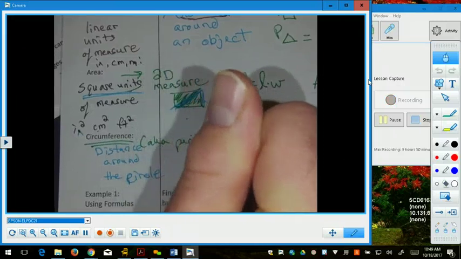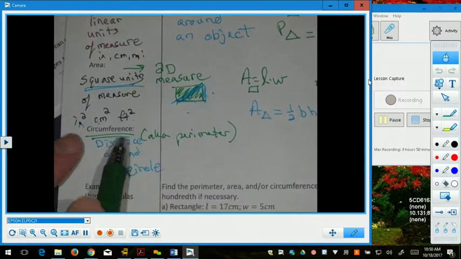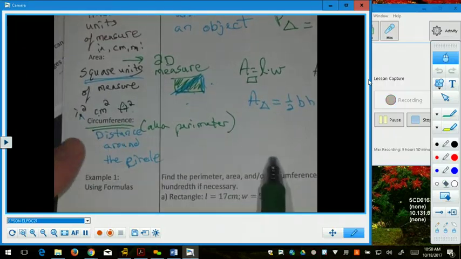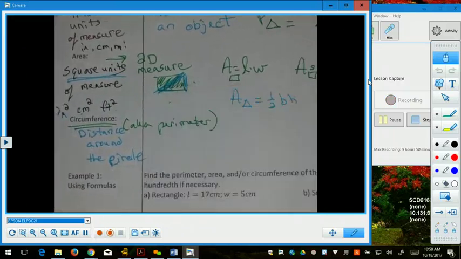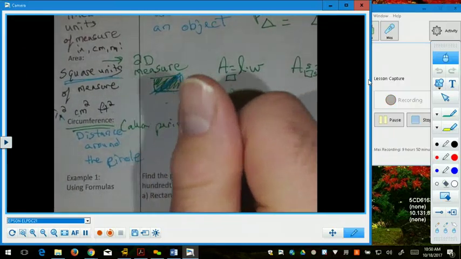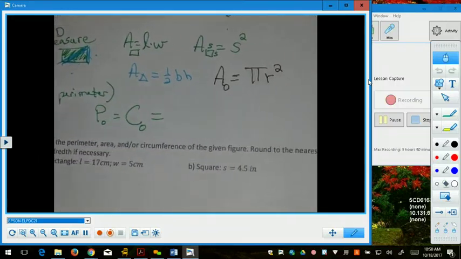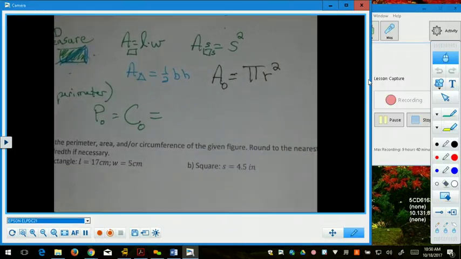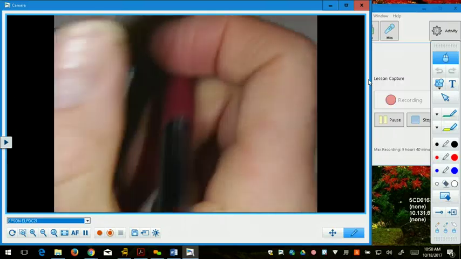But perimeter is usually, hey, there were linear measurements and we added them all up. The circumference was a big curve that we could stretch out into a straight line and would also be linear units. And some people memorize the circumference of a circle as 2 pi r. There is a direct relation between that and the area formula that you'll see when you get to calculus. But right now,